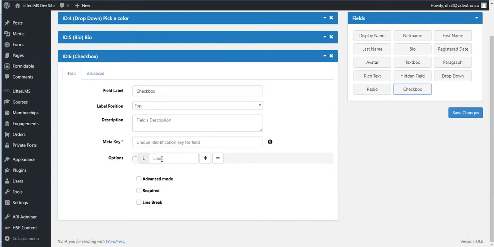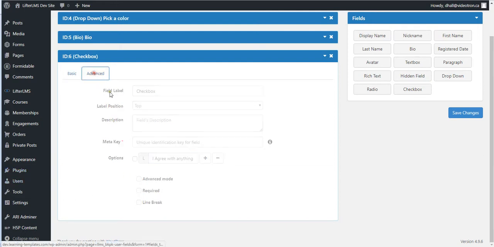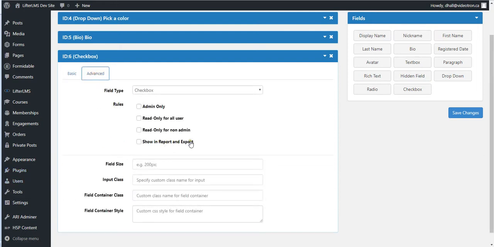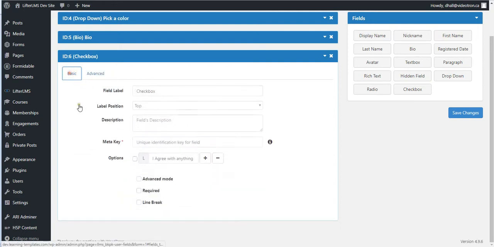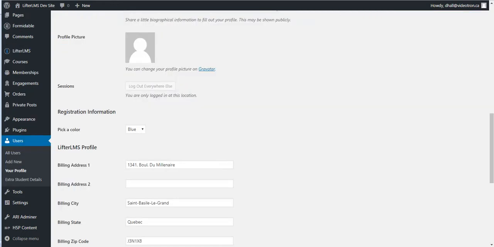And the checkbox will be, let's just say, I agree with anything. All right, and this one we're not going to add to the report. We'll leave that one out. So now I'm just going to save this, and let's see what I'll do is I'll reload my profile,